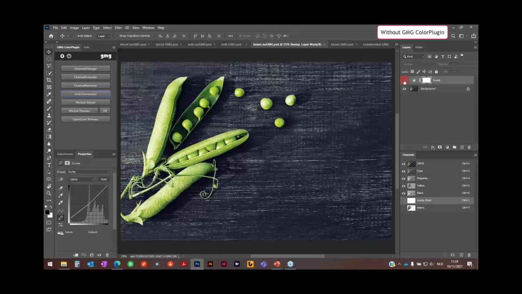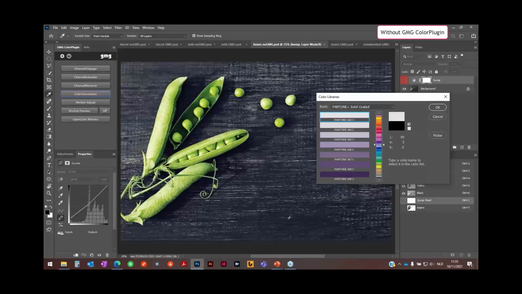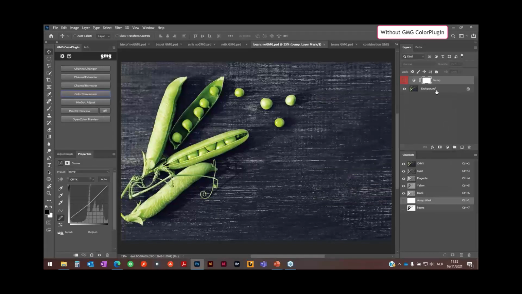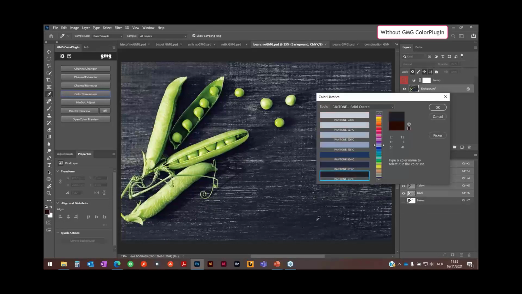So let me start with the color picker tool, where I can pick some color here. Oh, I'm not on the right layer. Just to see what might work. I have here 432, 433, that might work.